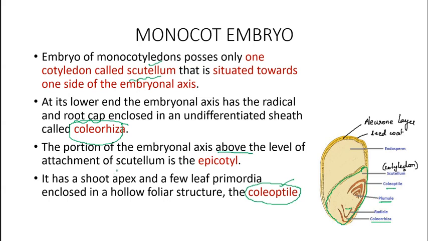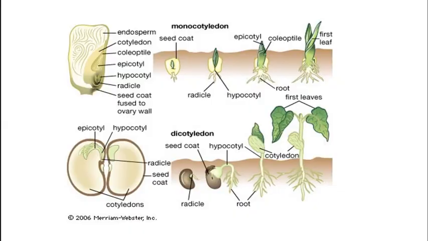I will show you the picture of the epicotyl. Look here, this is the epicotyl region, above the root. The region going downward, near the root, is the hypocotyl. And this epicotyl is located above the scutellum. Above the cotyledon is the epicotyl and near the root is the hypocotyl. This is a kind of germination. Clear? Now see, this is a monocot plant, this is a dicot plant. Towards the shoot is the epicotyl, this is the plumule, and towards the root is the hypocotyl.